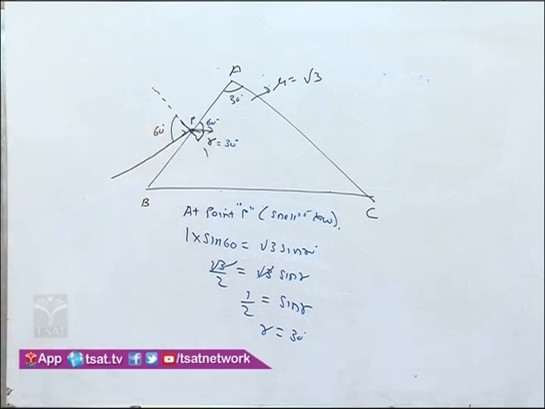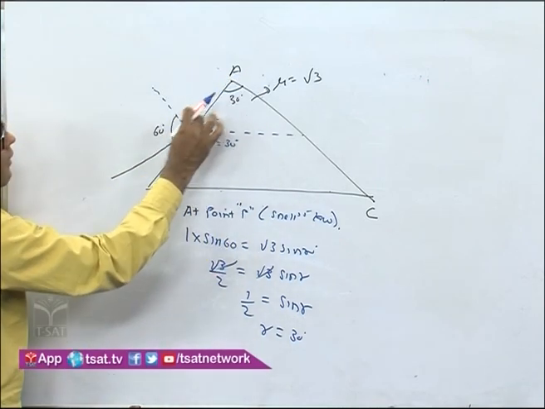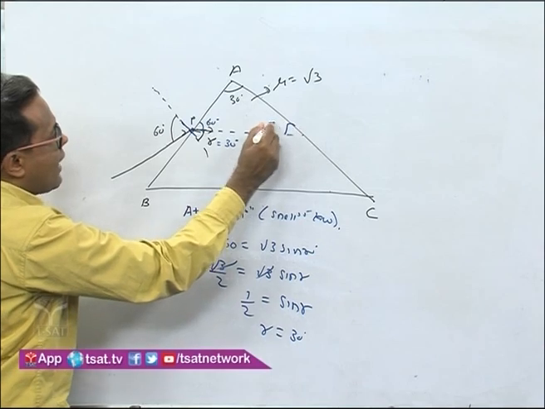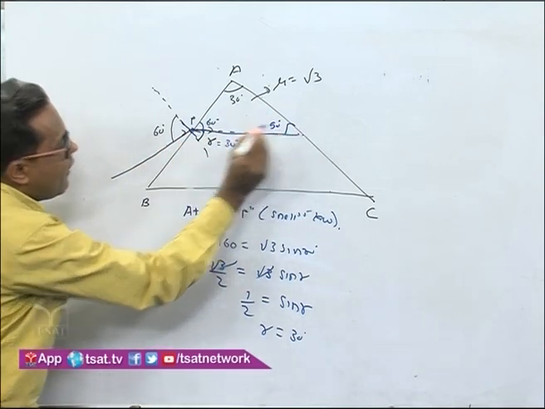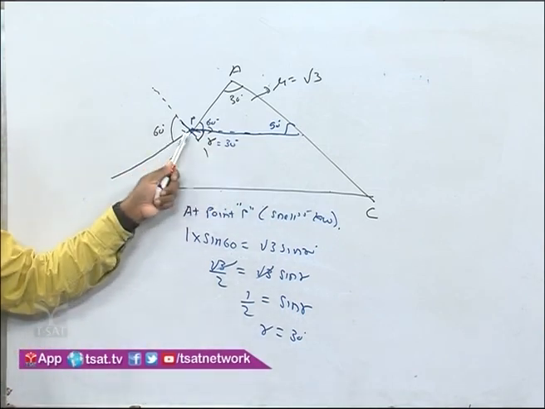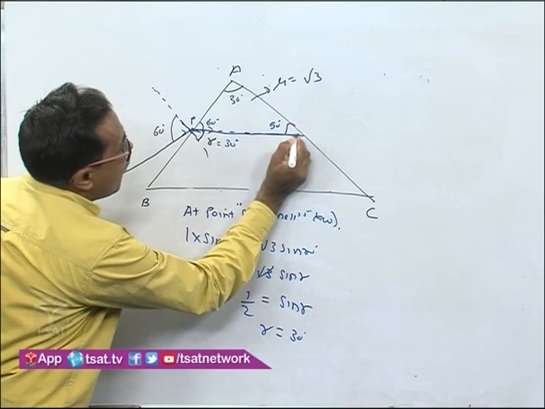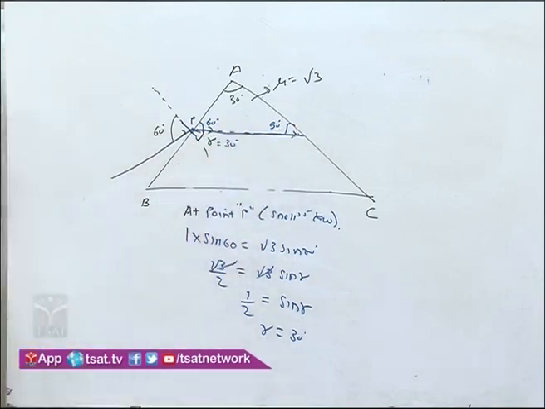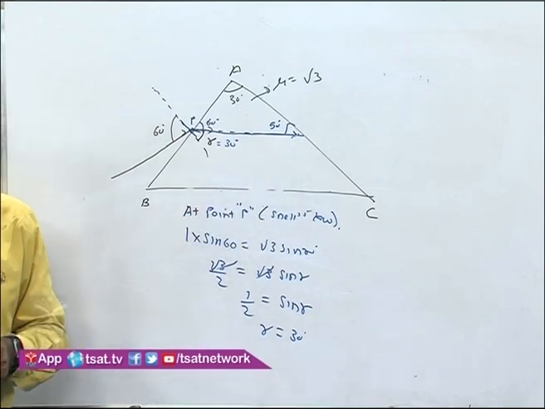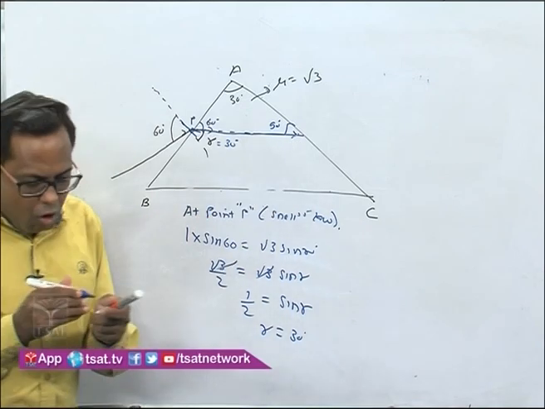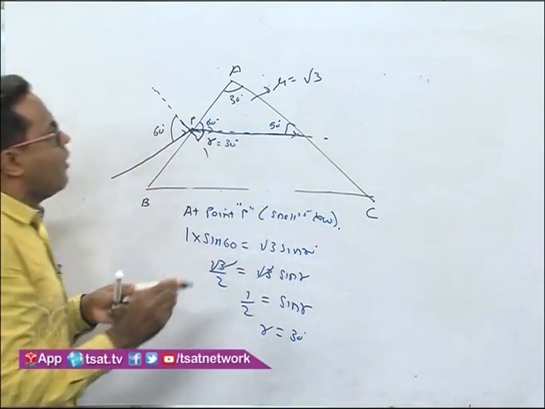So what will happen now if it goes like this? This is 30, this is 60, so this has to be 90. This means the refracted ray, after refraction from the first surface AB, is incident normally on the surface, making an angle of 90 degrees. So what is the angle of incidence? The incident ray makes an angle with the normal. Now this is the only normal, because it is automatically 90 degrees. This is normal incidence.